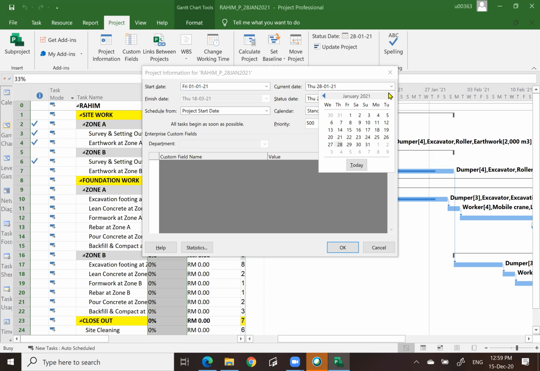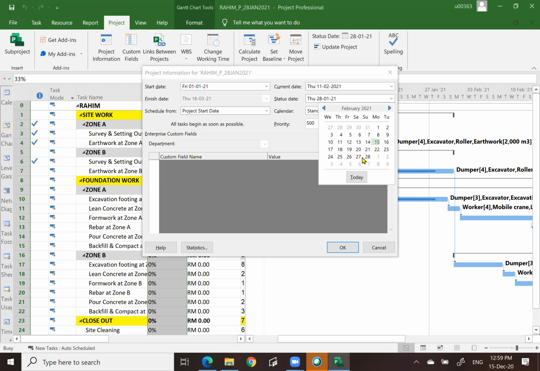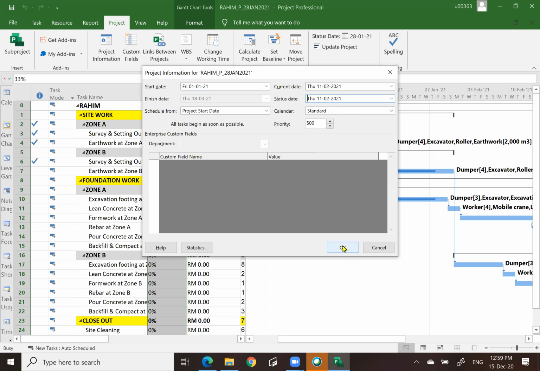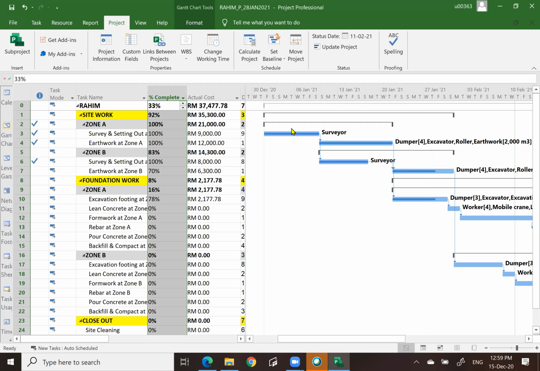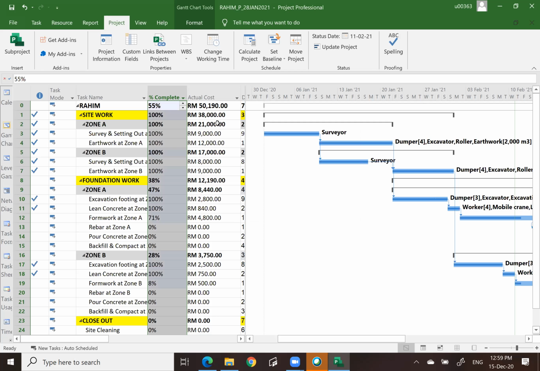January, then February. Okay, 28. This one. Okay, 11 of February. Then 11 of February. Click OK. Nothing happened yet. Then click on Update Project. 11 of February. Click OK. All right, now the progress should be 55% physically, and then the money that we should spend is around